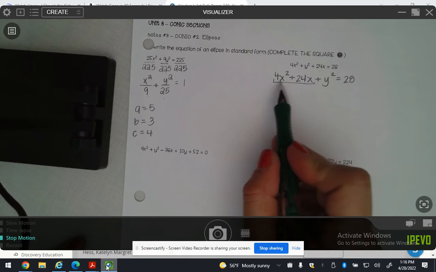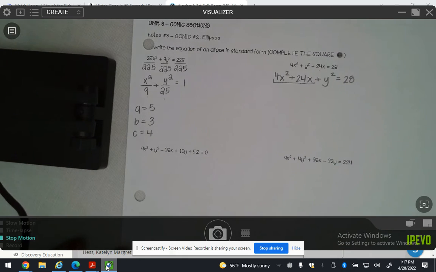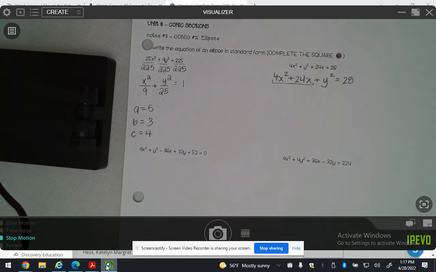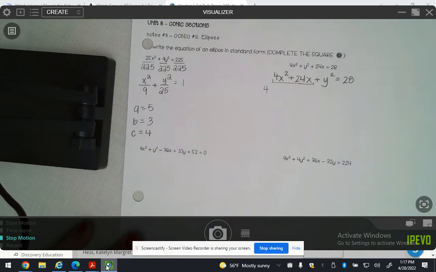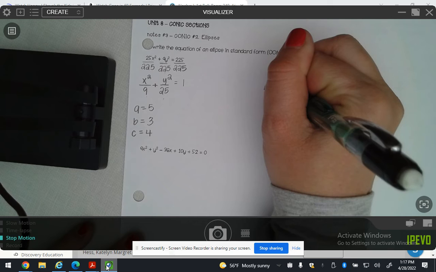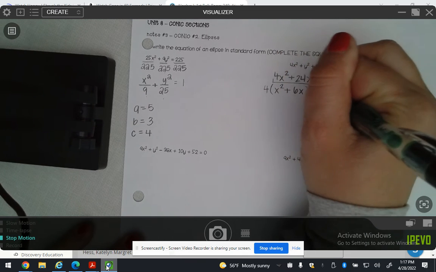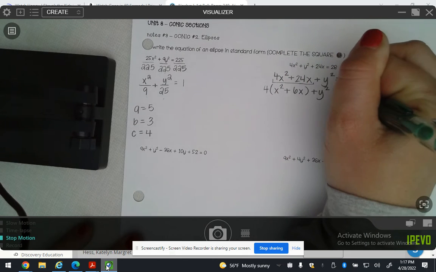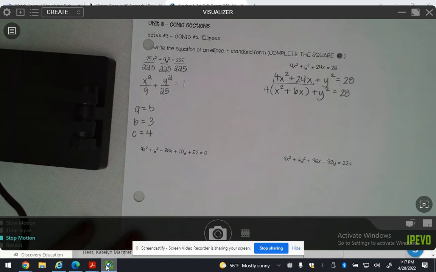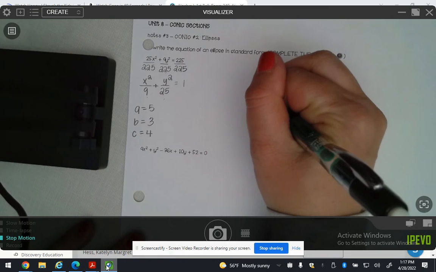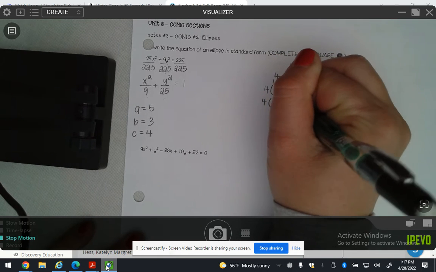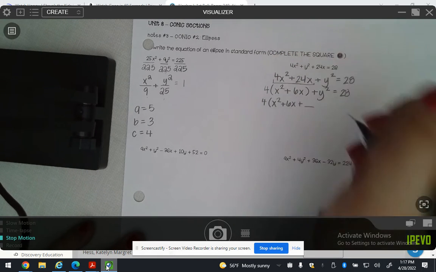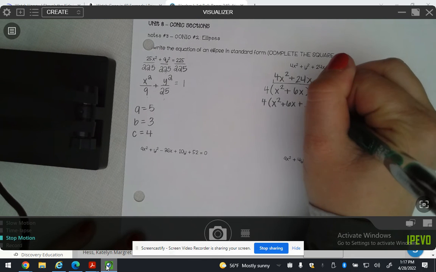These have x's, correct? Does this have an x? No. So they're not like terms, but they're similar terms. Is that a fair statement? Do you see what I mean by that? So I'm going to take a 4 out. I'm going to be left with x squared plus 6x and then plus y squared equals 28. Are we still okay with me? Yeah? Now we're going to complete this square. So bring down the 4. x squared plus 6x plus my completing this square term plus y squared